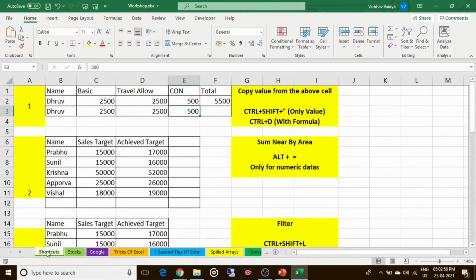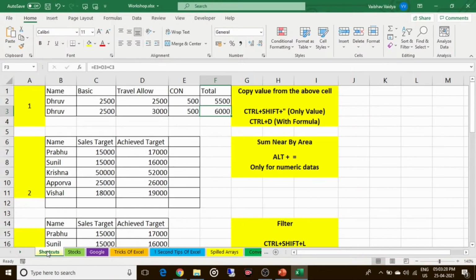So we are doing it the same. In column F, row number 2, what we have done is we have added the total of C, D and E over here. And I'll again do the same. I'll press Ctrl plus D. Okay, and if I change any value, suppose I change the value of column D from 2500 to, let's go with 3000, it is going to be changed over here.